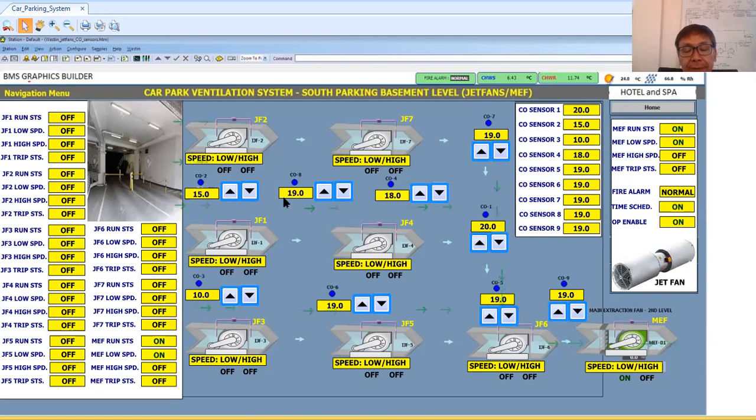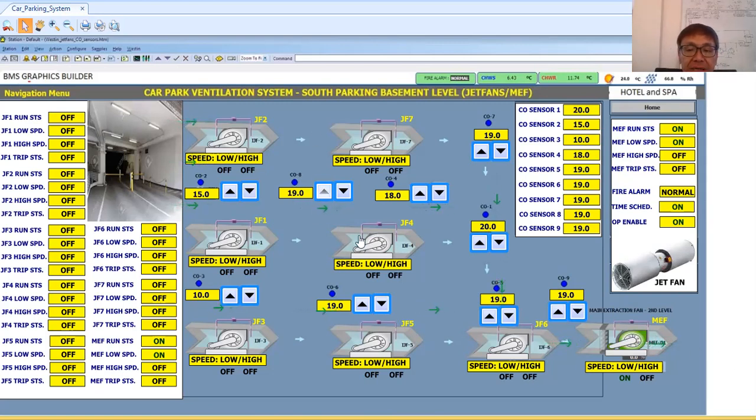So if I want to run my jet fan at low speed, I need to give an analog output to the VFD of 5 volts. If I want to run the jet fan at high speed, I need to give an analog output control signal of 10 volts DC. Likewise, the same for the MEF.